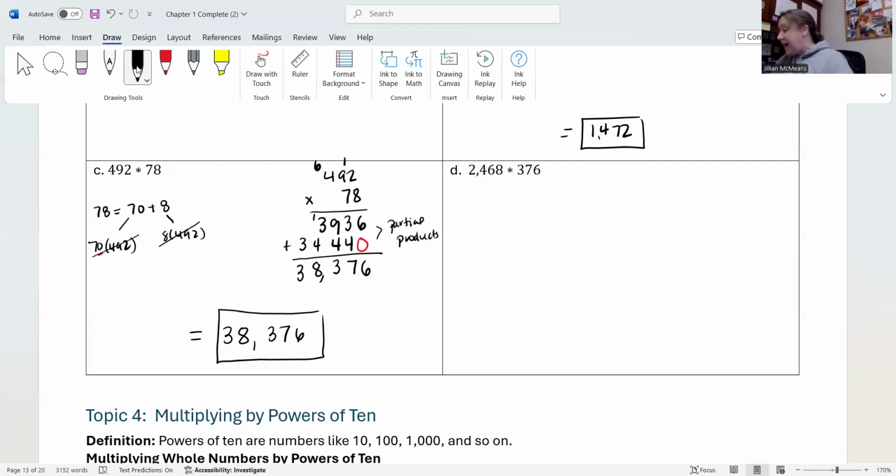Okay. So last up, let's look at a 4-digit number times a 3-digit number. Even though that second number is 3 digits, it's the same idea. We're going to have 3 partial products though. Okay. So if you want to think partial products, we have